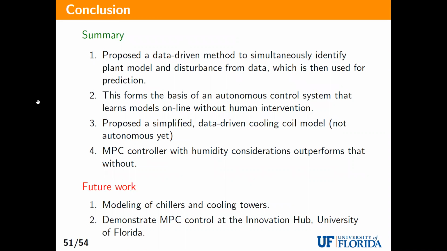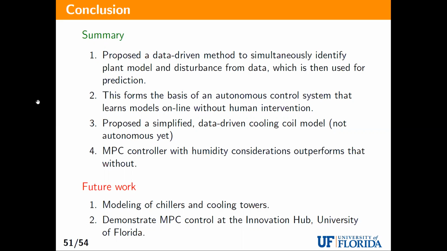So that's the summary. The goal is autonomy. So we want to make sure that the models we use can be learned online, and they are designed in a way that makes your optimization problem nicer. So we make sure that we use linear time varying models, so the optimization is always convex. There's a feasibility part which I did not touch upon, but we can guarantee that as well to some extent. But because they are linear,